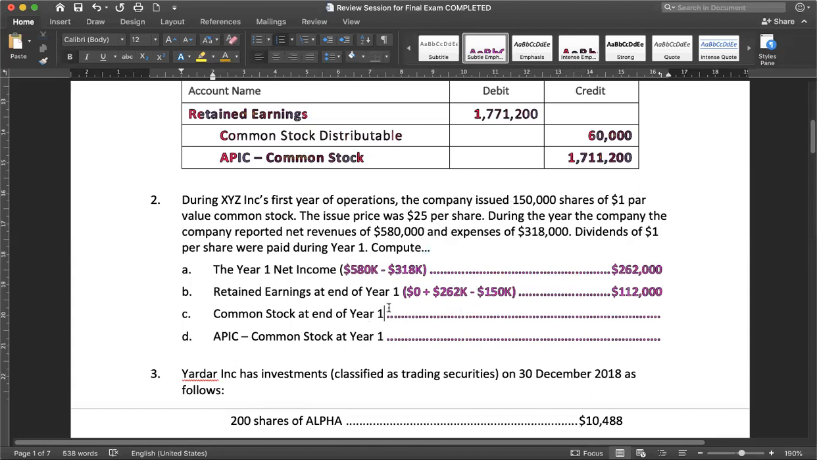So now a little time for you. I want you to tell me what is the balance in the common stock account at the end of year one and the balance in the additional paid-in capital accounts. All right, so